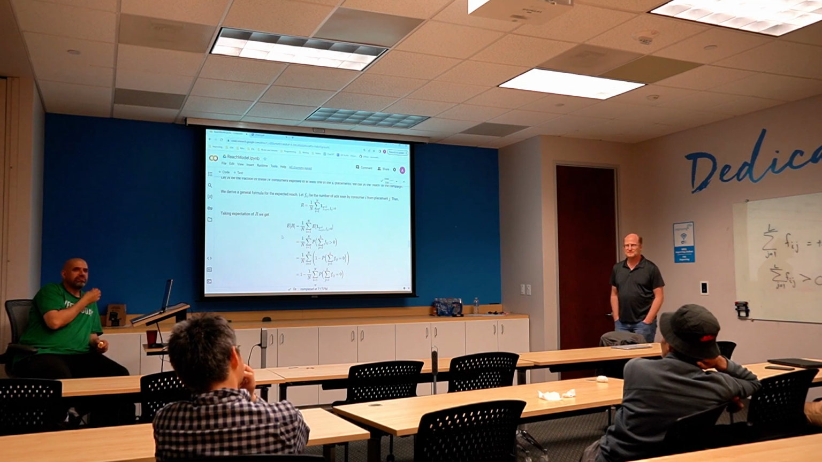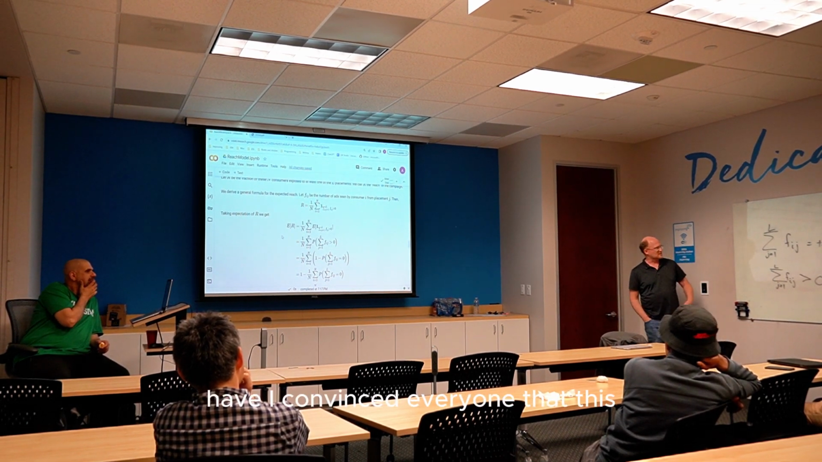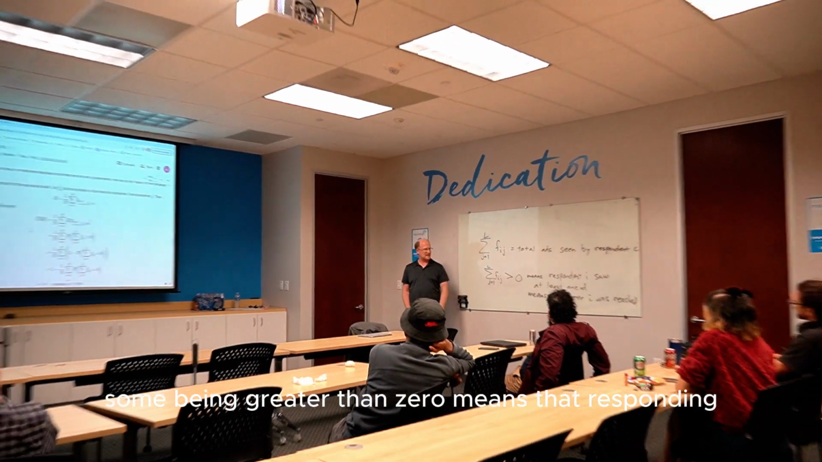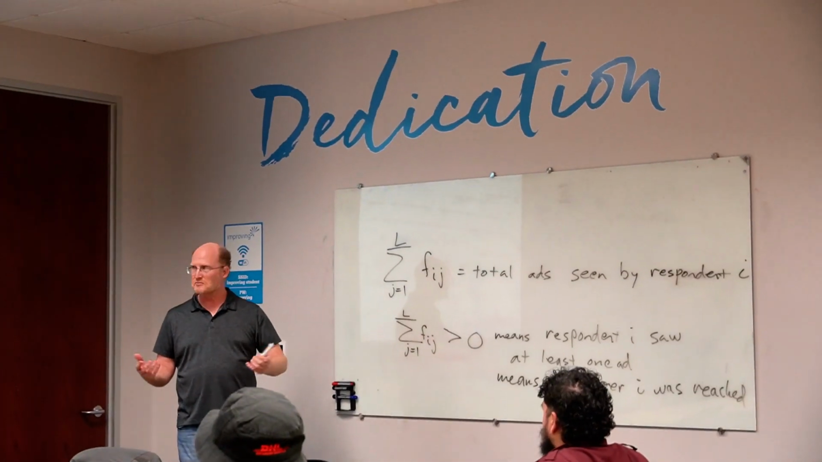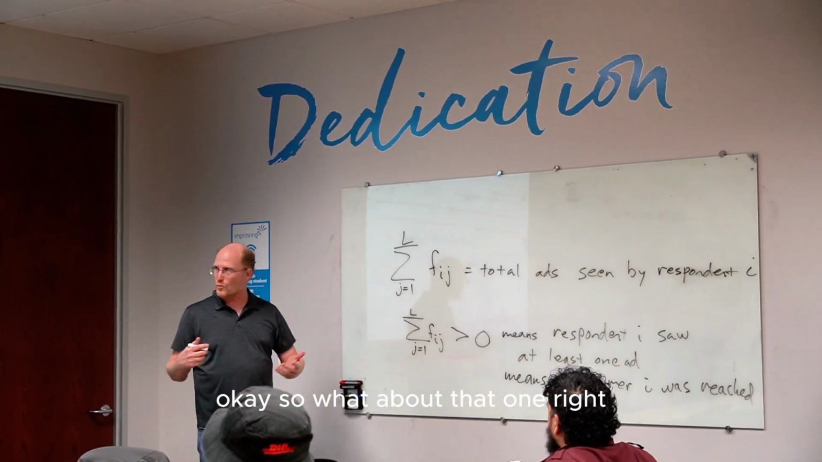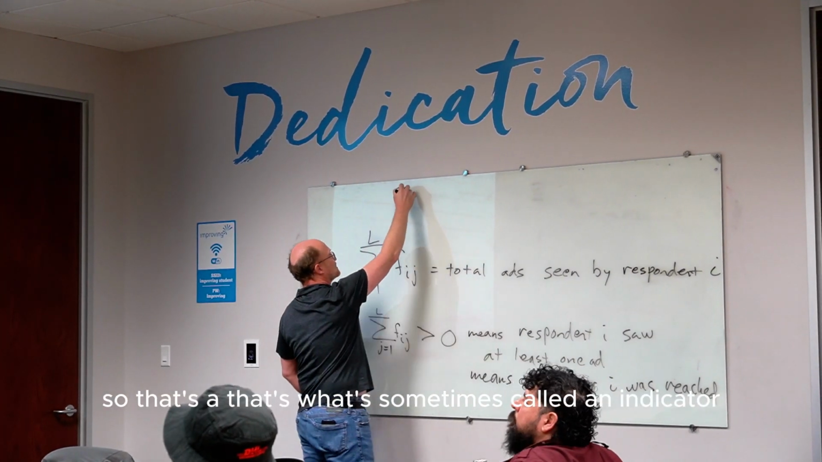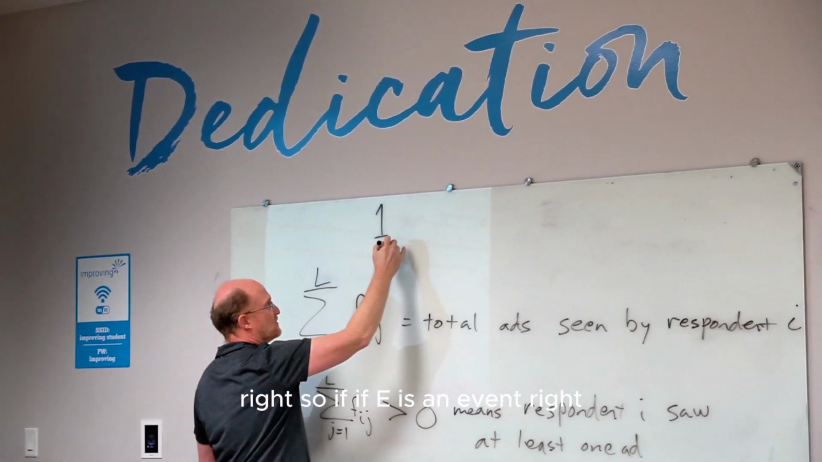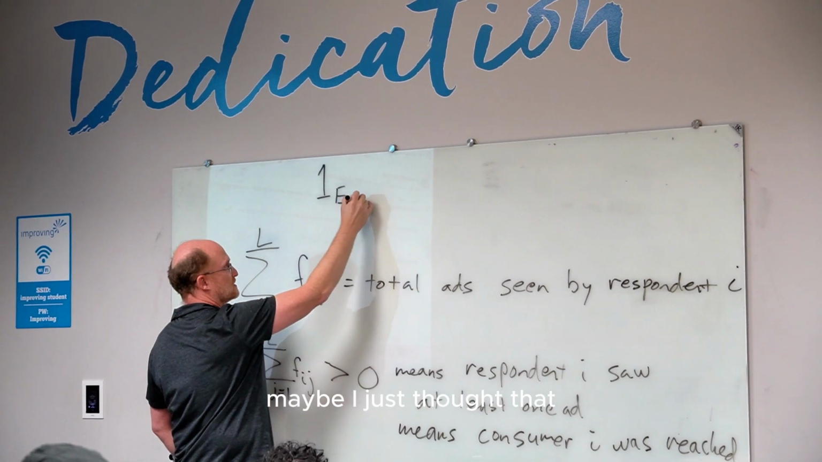Okay, so, have I convinced everyone that this sum being greater than 0 means that respondent i has seen at least one ad, in other words, they've been reached? Okay. So what about that 1? That's what's sometimes called an indicator. So if E is an event, maybe I just call it